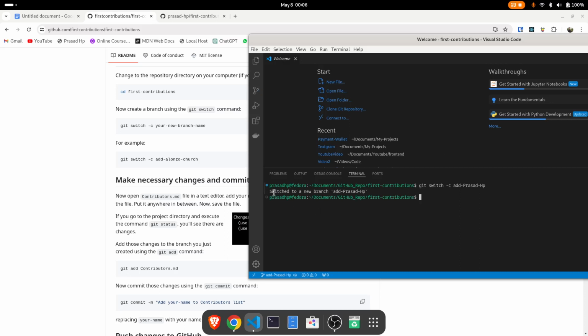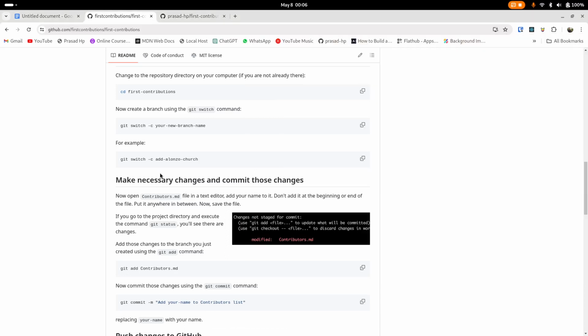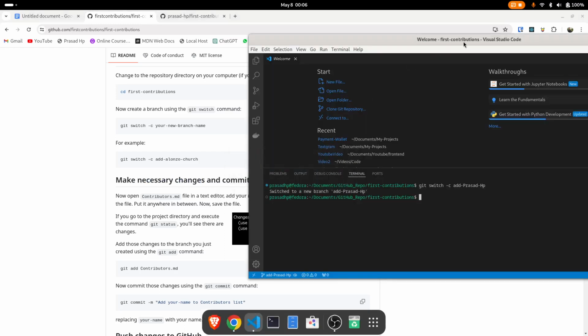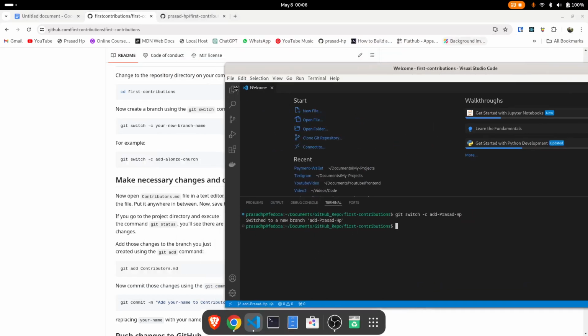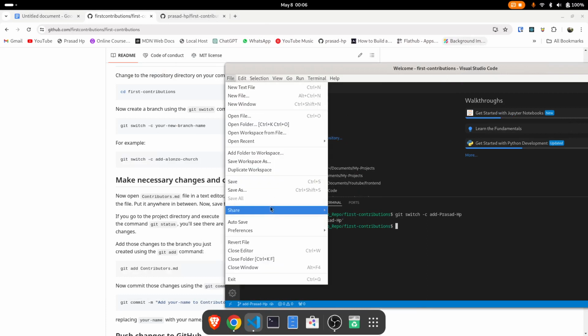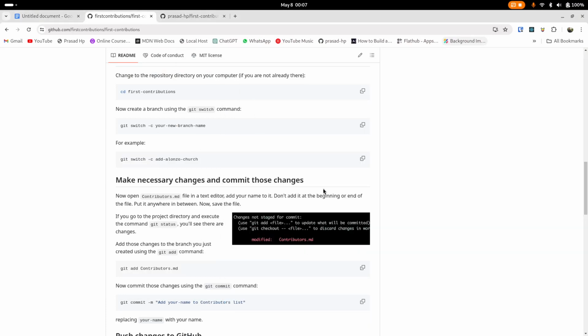So here you can see that we switched to the new branch, add Prasad HP. So right now we have switched. Okay, so the next step is to make the changes and then commit those changes. So we will just open the folder and head to the file called, sorry,